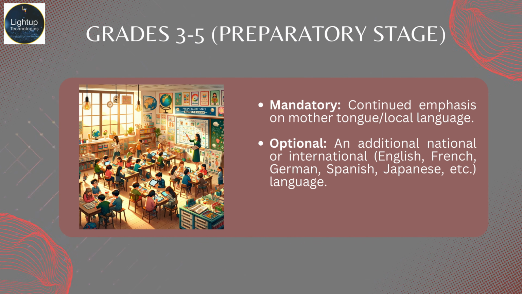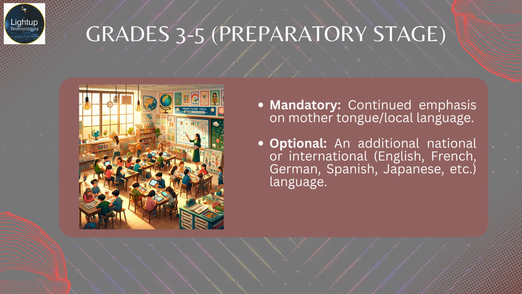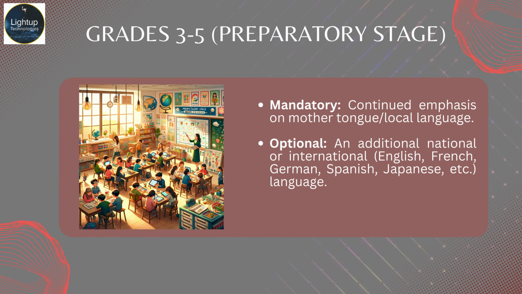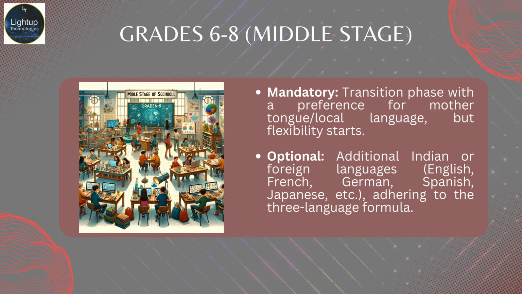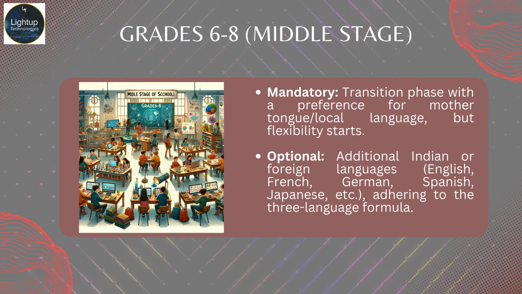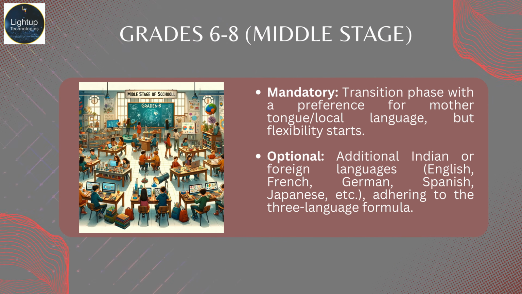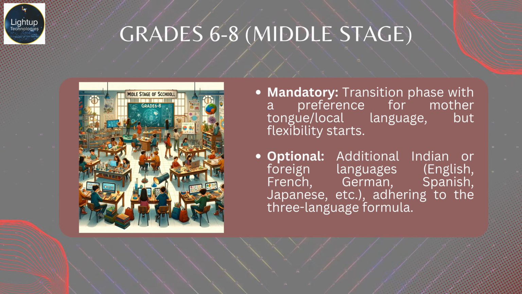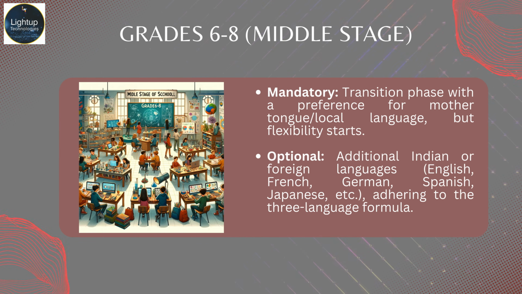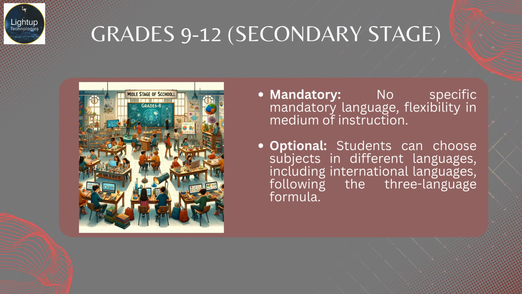For mandatory language, continued emphasis on mother tongue, local language. Optional language. For optional language, an additional national or international language, English, French, German, Spanish, Japanese, etc. Grades 6 to 8, middle stage, mandatory language. For mandatory language, transition phase with a preference for mother tongue, local language, but flexibility starts. Optional language. For optional language, additional Indian or foreign languages, English, French, German, Spanish, Japanese, etc., adhering to the three-language